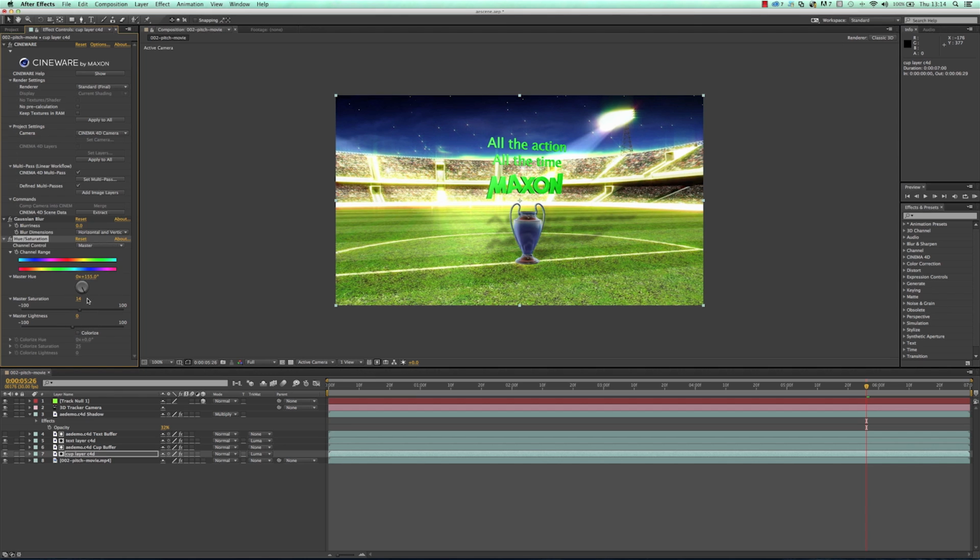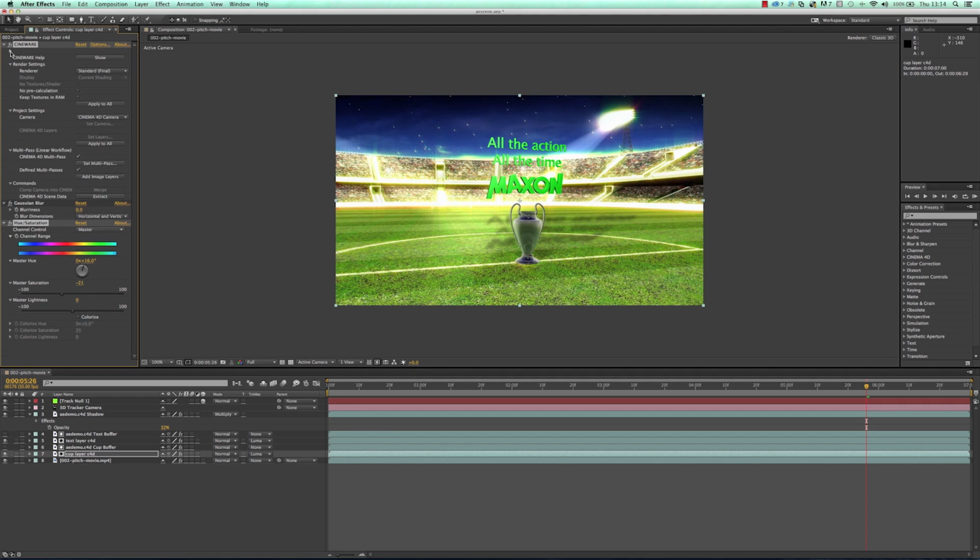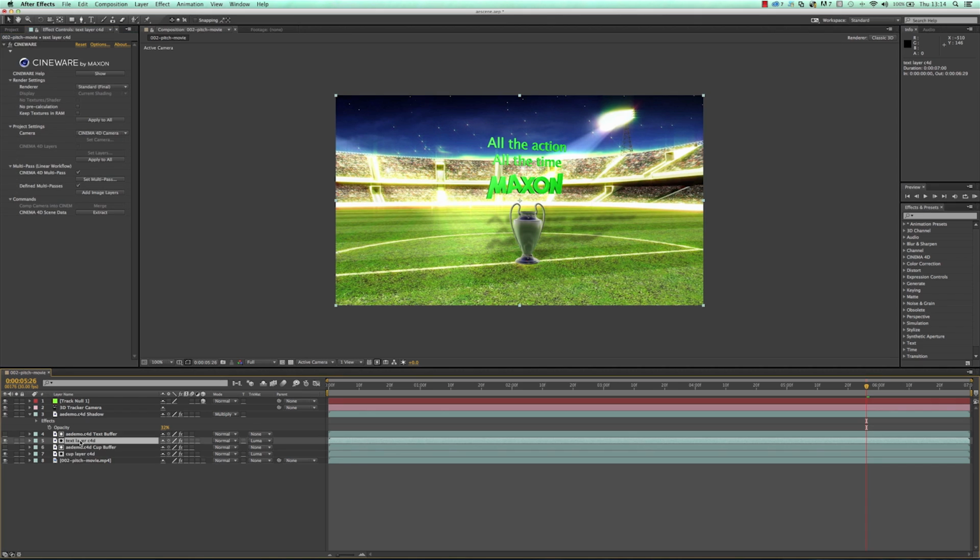I just want to show you that you can basically have control over just that area without affecting anything else, which is quite nice, like so. We could also do exactly the same thing to the text, and what I love about the text is, of course, here's a typical problem where you may render out the text and think, oh no, I can't actually see that all the time very well because it's caught up in that highlight that's sitting above the stadium there, that glow. And the nice thing is, because we've got it on a separate layer, we can adjust that.